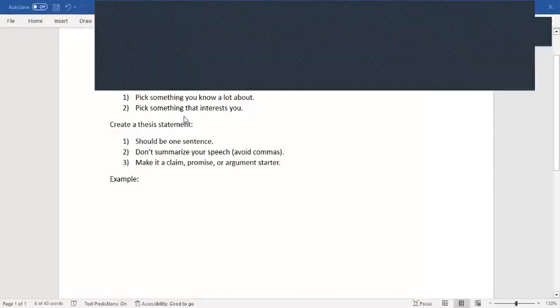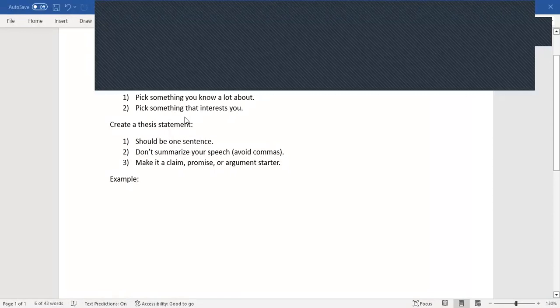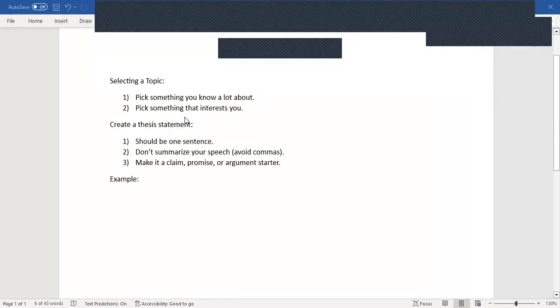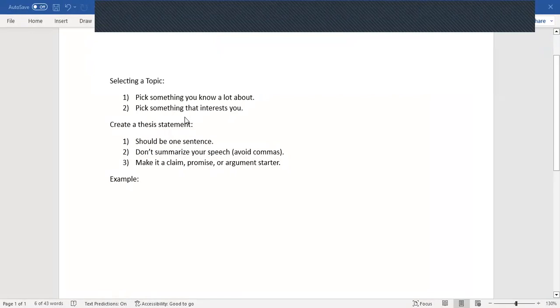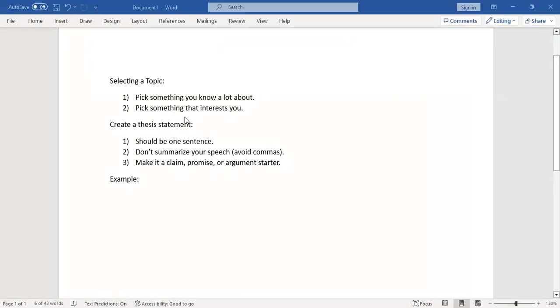And I know you've heard this before. I know it's a big part of English composition. As you read through the book, you might see, I don't know exactly what public speaking gives it, a different name, but it's essentially a thesis statement. Right now, I have some very specific ideas of what a thesis statement is. People can argue with me, and that's your prerogative. You paid for it.